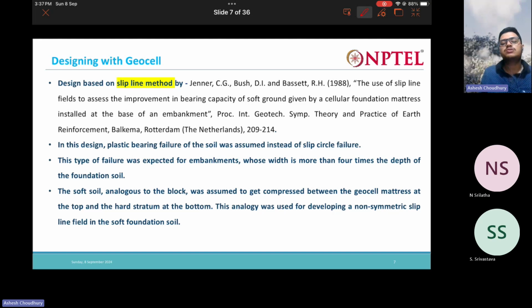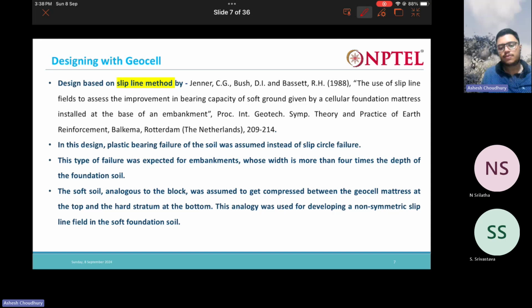Limit equilibrium concept means the soil is in the elastic state at the verge of failure. It is on the verge of failure, but it is in the elastic state, and there we consider a slip circle where the failure is going to occur, and then along the slip circle we equate the resisting and the disturbing forces, right? So that is the limit equilibrium. But in this case the slip line method is a plastic equilibrium concept, where the plastic bearing failure of the